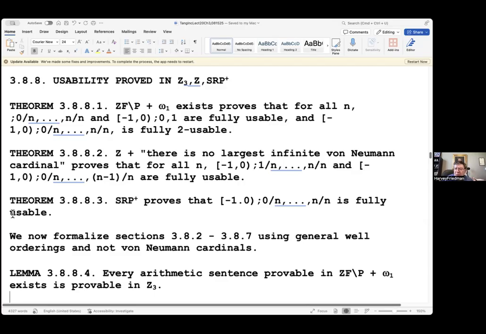I don't know much about what you can do between Z and SRP. I think there's nothing in here like that at this point, to hit ZFC, but that's something else. We'll talk about that later, because it just occurred to me that there's going to be something in this chapter that I haven't told you about. So let's not worry about that right now. All right, so the rest of this stuff here